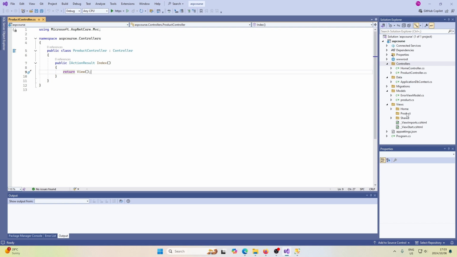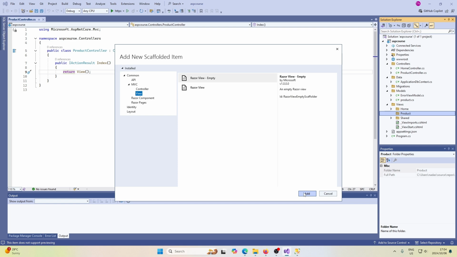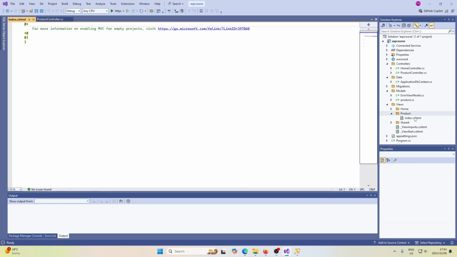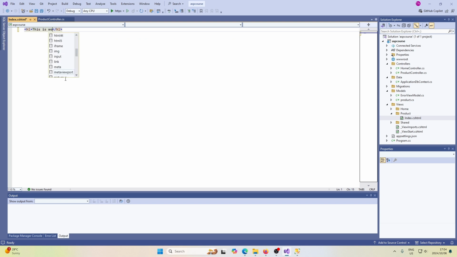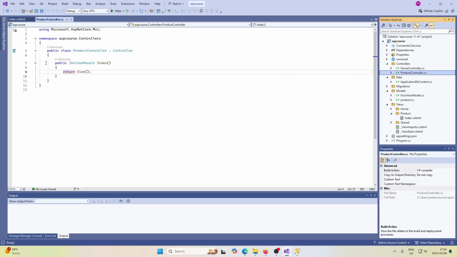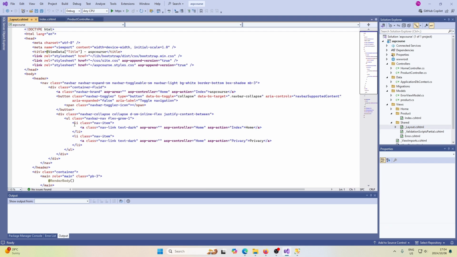So in our products folder, let's create a view called index, which this will return. And here we don't need any of this, so we'll just delete that. And right now let's just put an h1 tag and just make sure that this is working. So one more thing we need to do is, we have the function here, but we're not actually calling this function anywhere. So in the shared folder on the layouts file, we want to add one more link to the